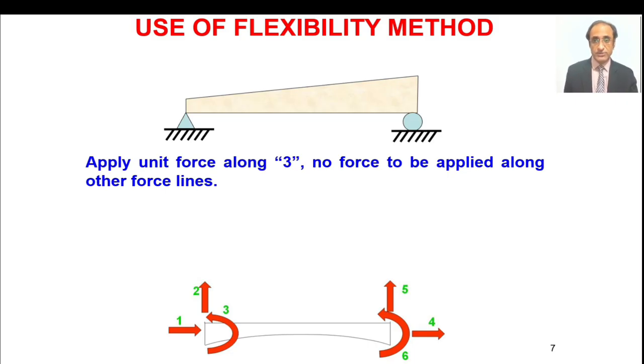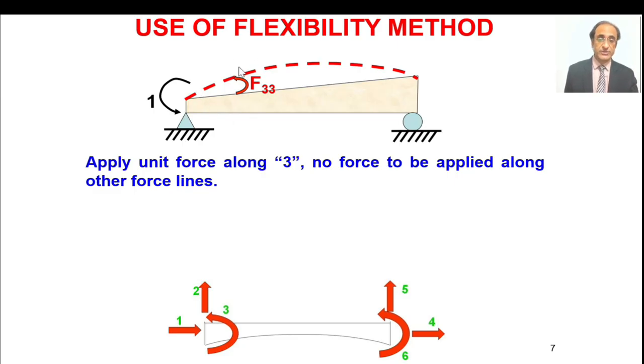And now in this particular structure we apply our condition. So what we do, we apply a unit force. So we are showing here the forces by thin lines and thin curves, and all the displacements and the rotations, they are shown by these kind of thick lines or arrows. So we have applied here a unit moment. So by definition, this particular rotation is nothing but the flexibility coefficient F33, because that's what the